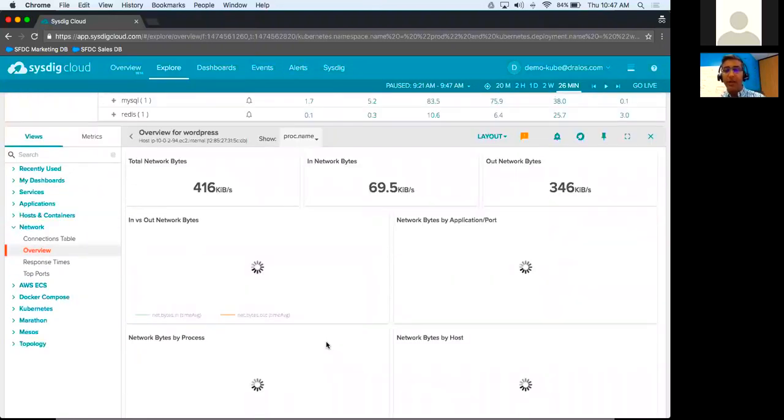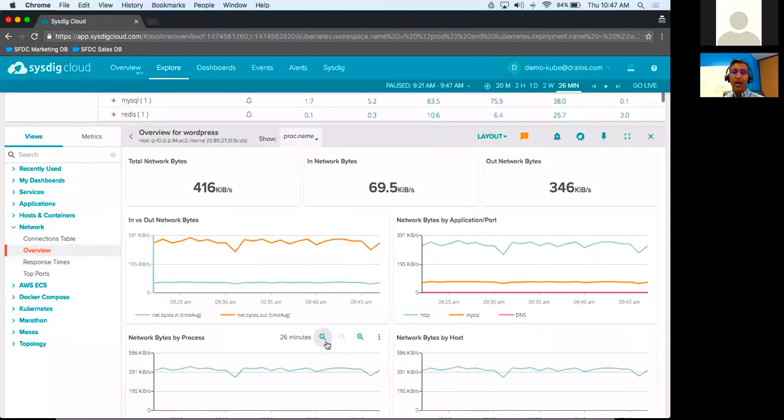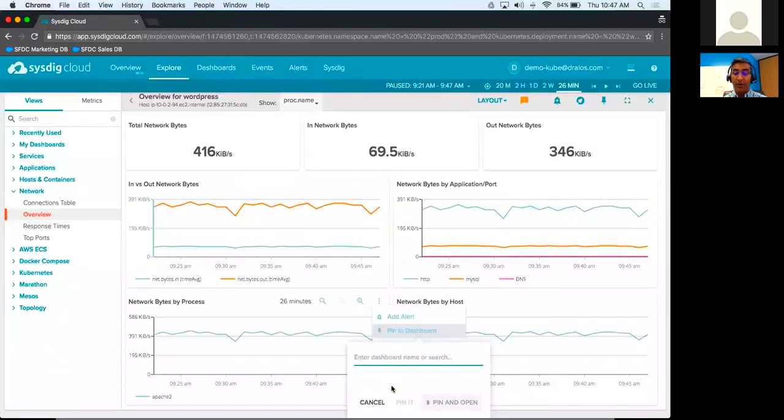All right. So we spent a lot of time talking about Explore. This is a pretty unique way of using a monitoring product. While you're using this Explore view, by the way, you can grab any of these and pin this panel to a dashboard. I won't do it here, but you click on there, and then you just say, do I want to use an existing dashboard, or do I want to create a new one?